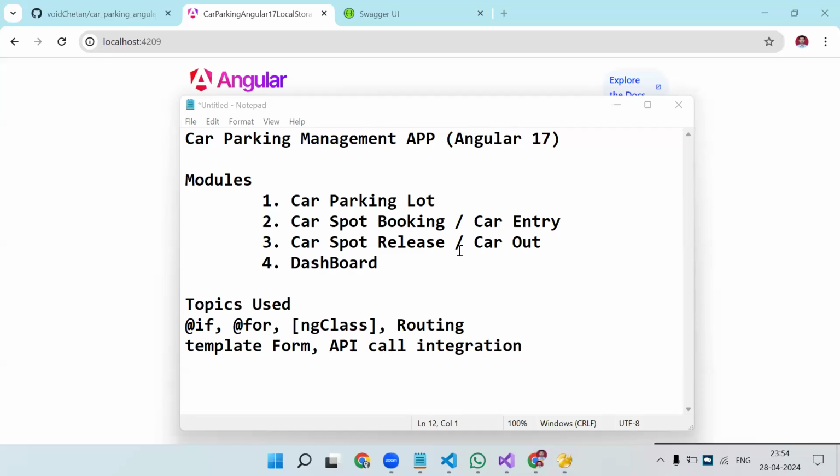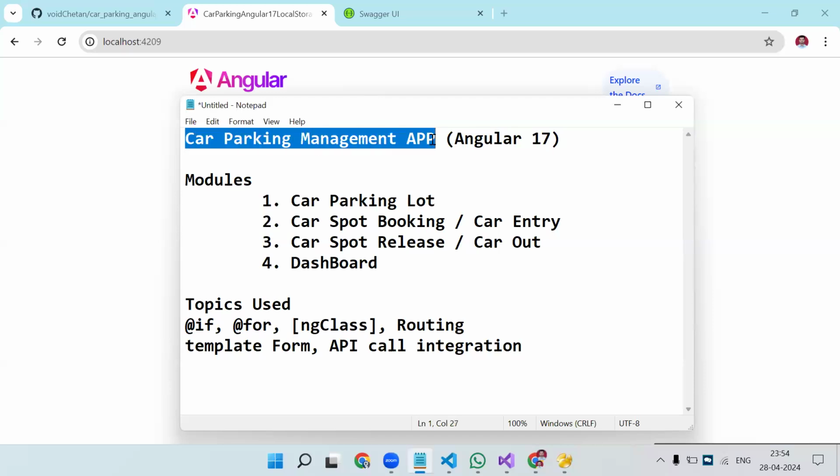So in this video, we are going to do a small application. This was an application one of my subscribers sent me. He received it as a machine test when he was applying for an interview. The company provided a particular PDF, but I cannot share that. So whatever they asked him to do in the machine test, I have created the APIs and the database. Basically, what we are trying to do is create a car parking management application